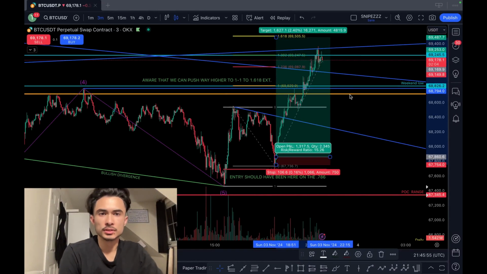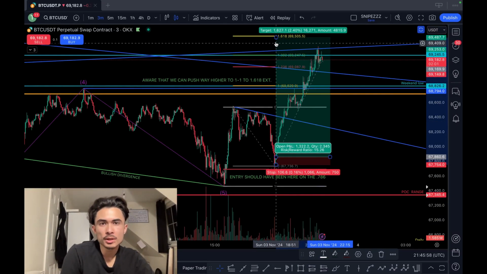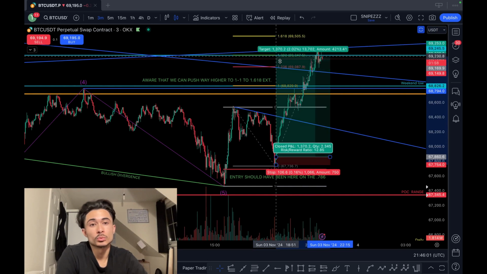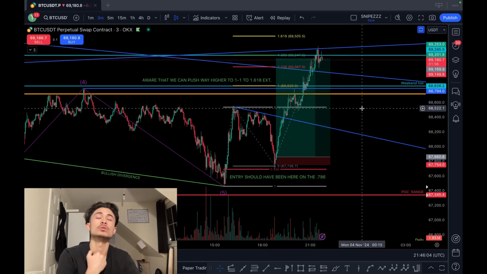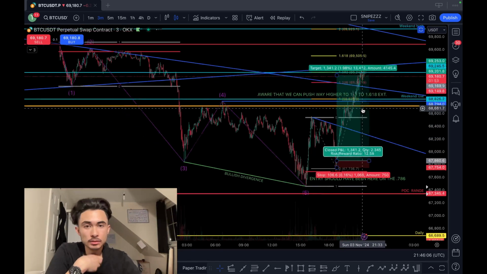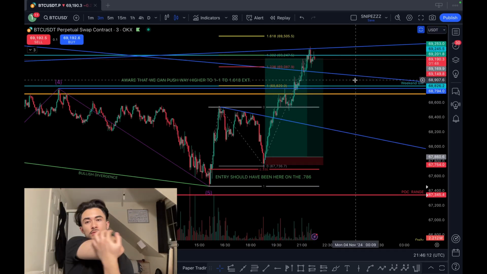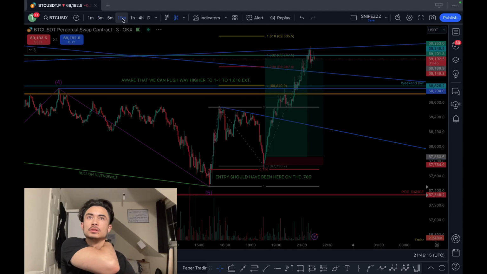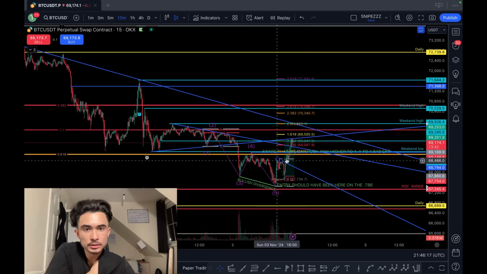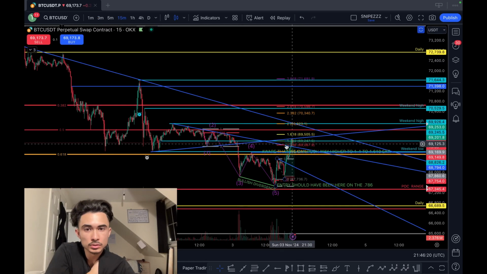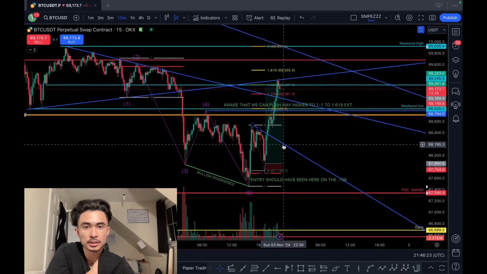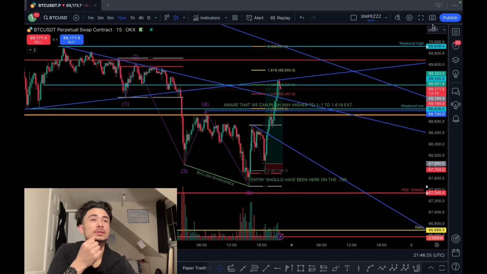And as of now, guys, you can see that I am currently up. Sorry, I've already taken profit, but I would be up 1 to 12 right now. Currently finding resistance at this 1.382 level, along with, I don't know what blue line that is, man. Just another SFP line.